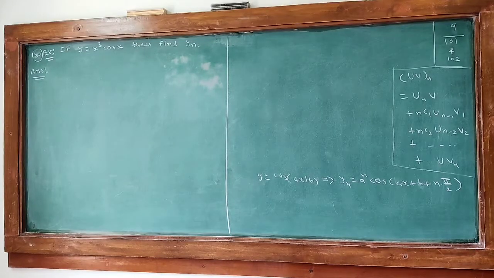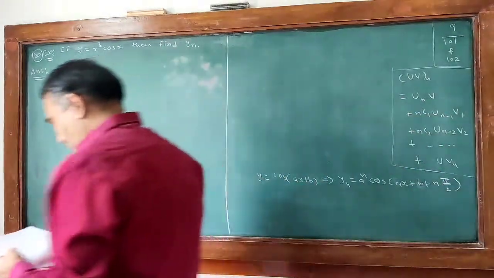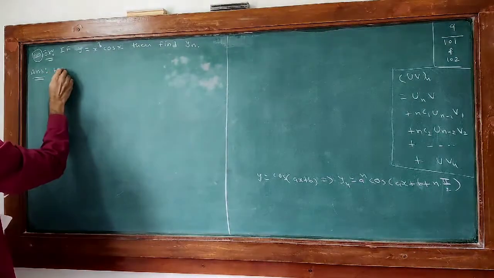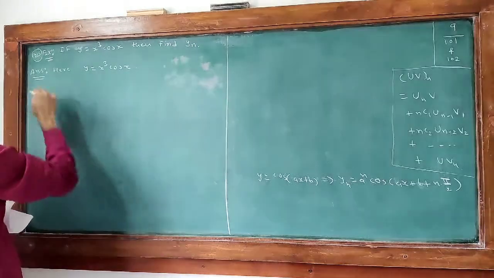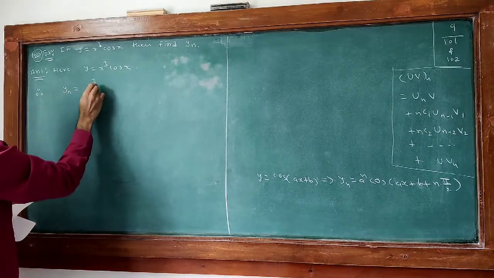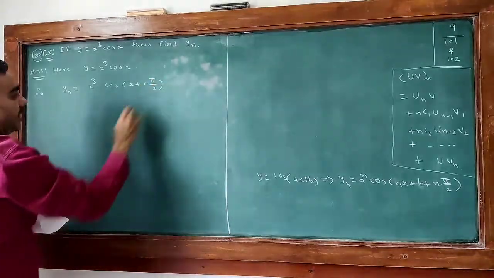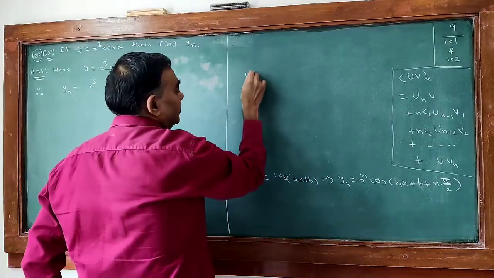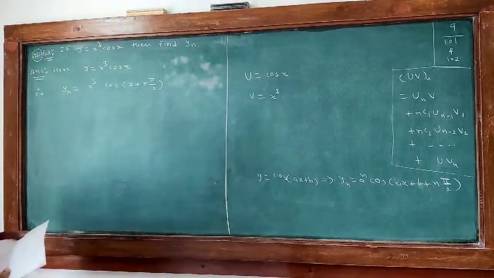If y equal to x cube cos x, then find yn. Answer. Here y equal to x cube cos x, therefore yn equal to x cube cos(x + n pi by 2). We consider u equal to cos x and v equal to x cube, meaning the nth derivation of u,